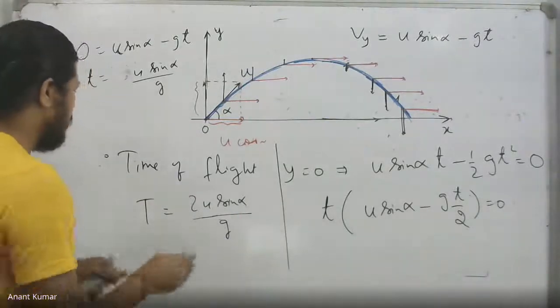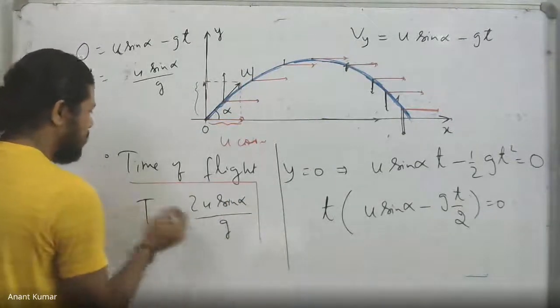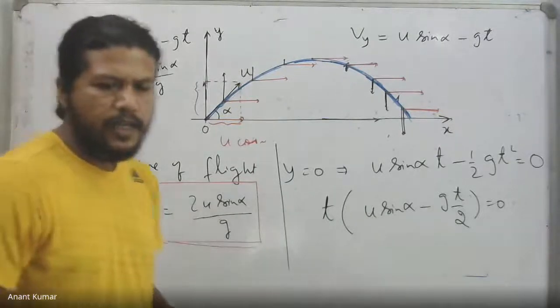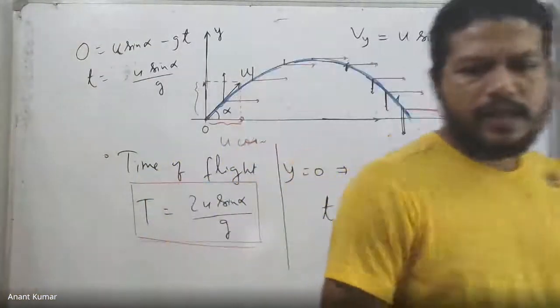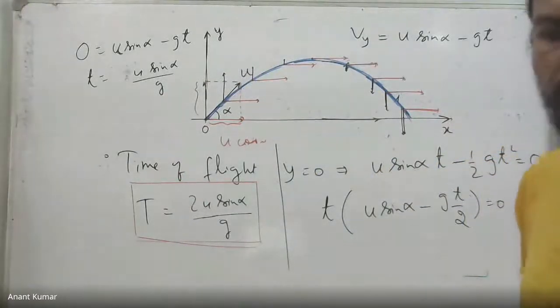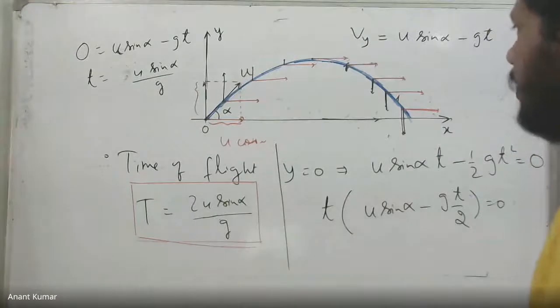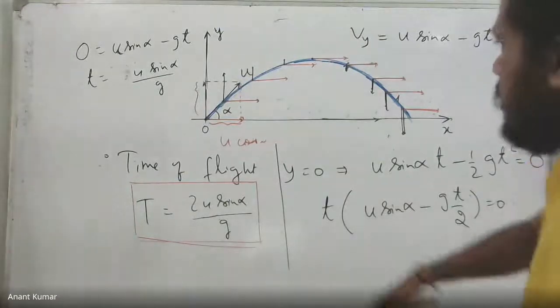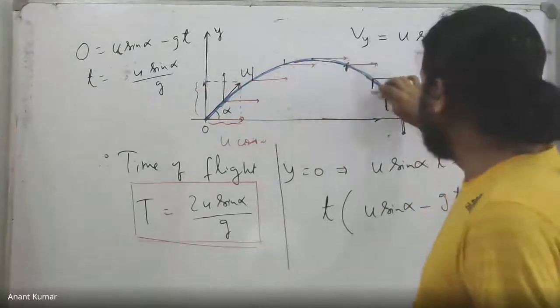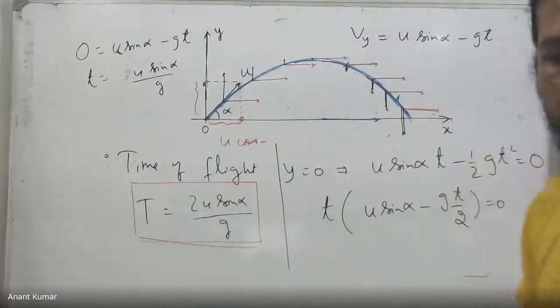Yes, Ankit, u cos alpha remains a constant. The x velocity remains the same because there is no acceleration in that direction. Because on the x-axis there is no acceleration, Vx cannot change. That is why this x component always remains the same, which implies that at the highest point the speed is